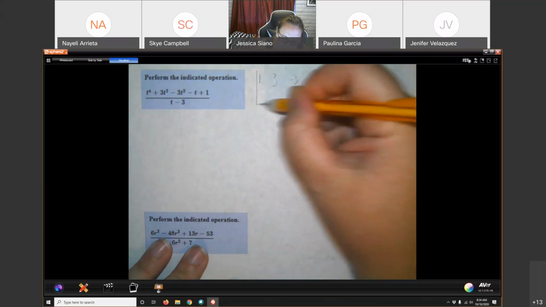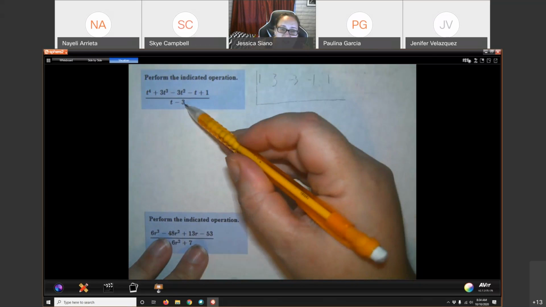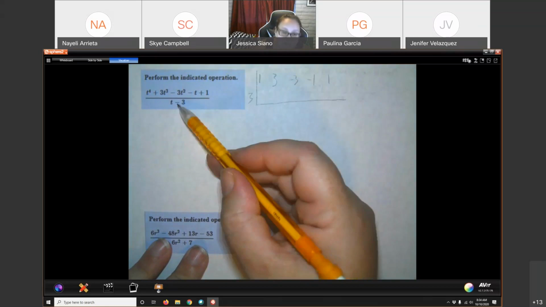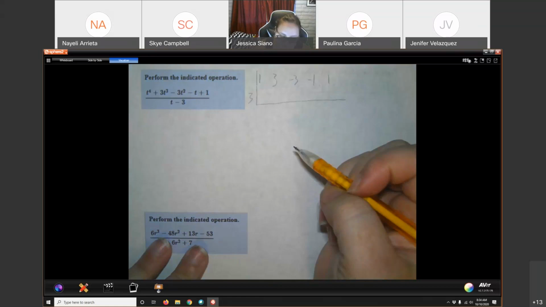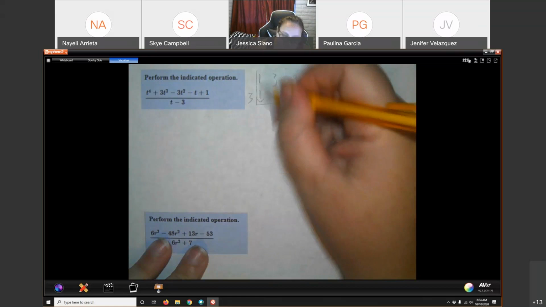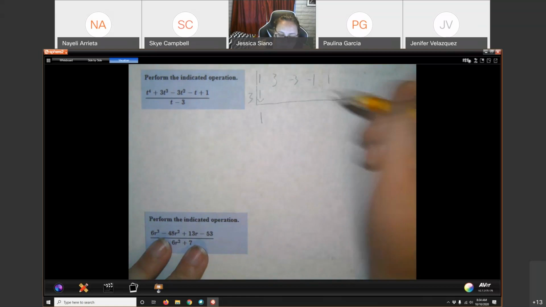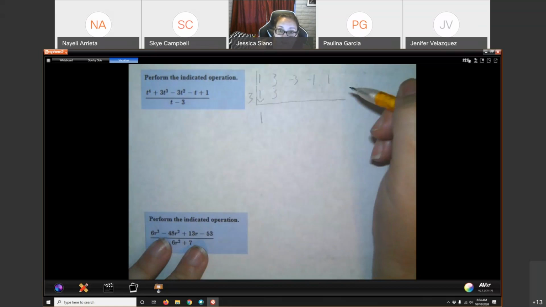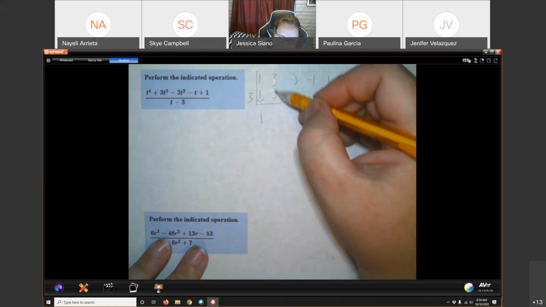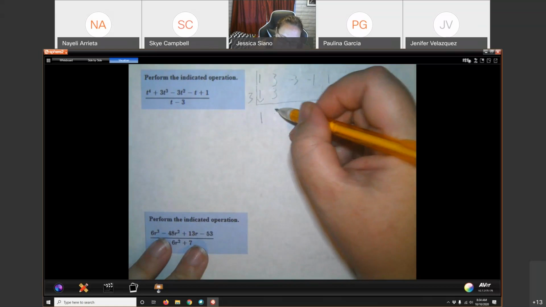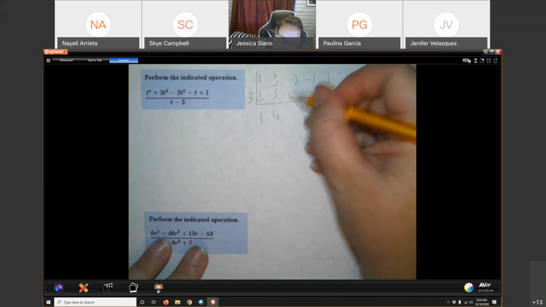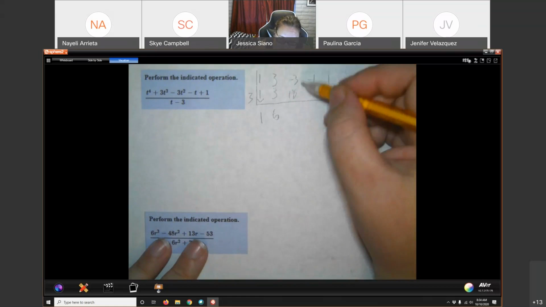You put your upside down divided by bar. And then you put the root associated with this factor. So this would be 3. Basically, you change that sign. And for synthetic division, we bring down our first coefficient. We multiply outside with bottom. So 3 times 1 is 3, and that's what goes here. We add the column, so that's a 6. We multiply outside with bottom, that's 18. We add the column,